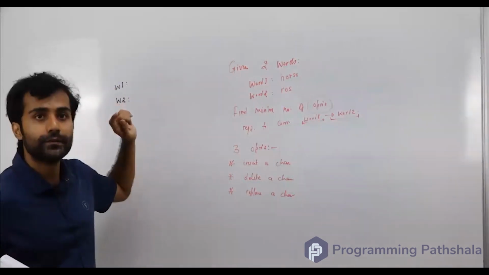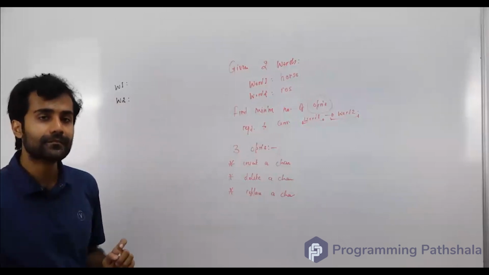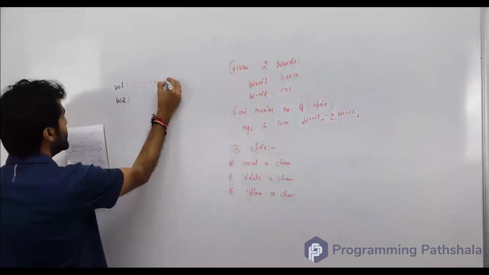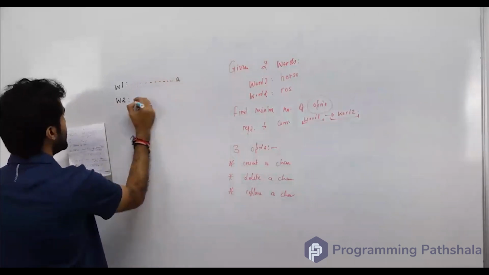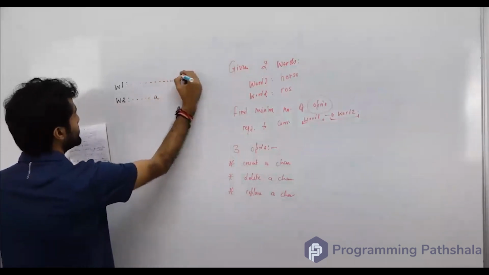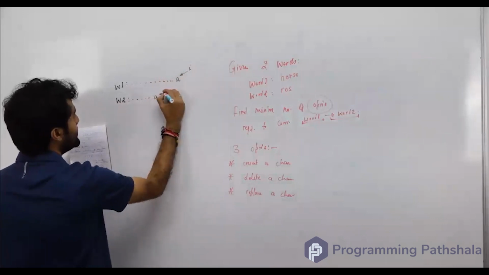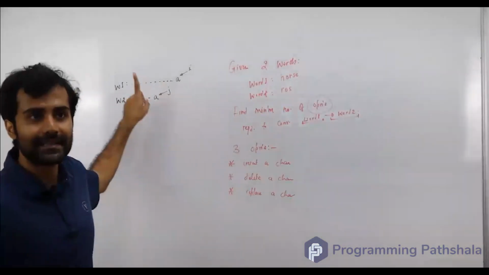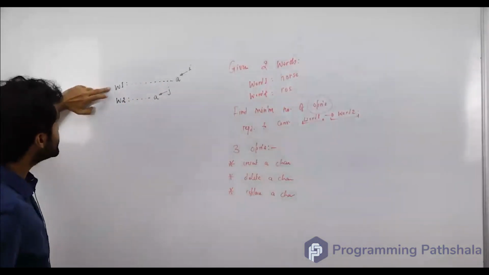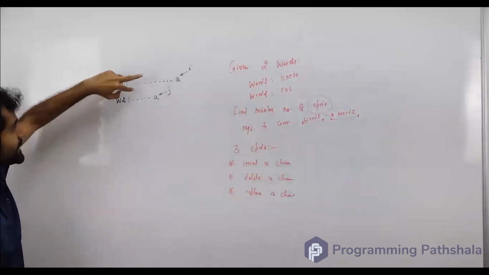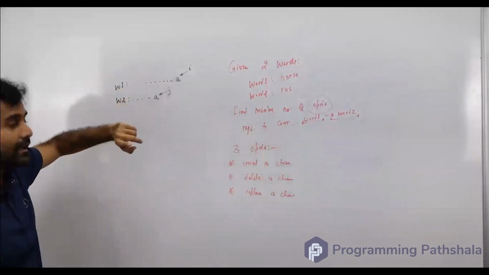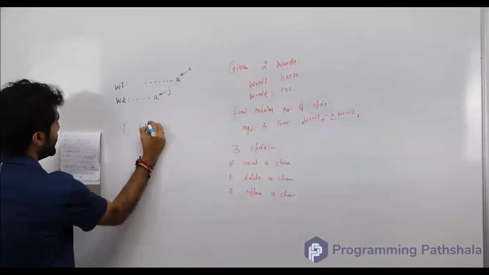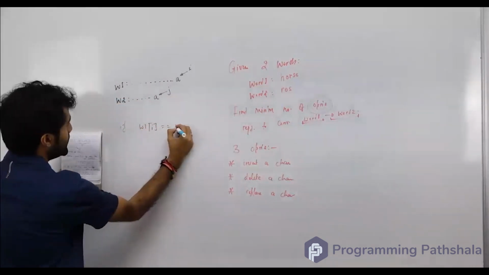There are two words, word 1 and word 2. Now, let's say your word 1 ends with A and word 2 ends with A. This is your ith and this is your jth character. We are starting from the last characters. So yeah, let's look here for now. Let's say there are two words, word 1 and word 2, and you're scanning them from the end. If the last characters are matching, if word 1 of I is matching with word 2 of J,